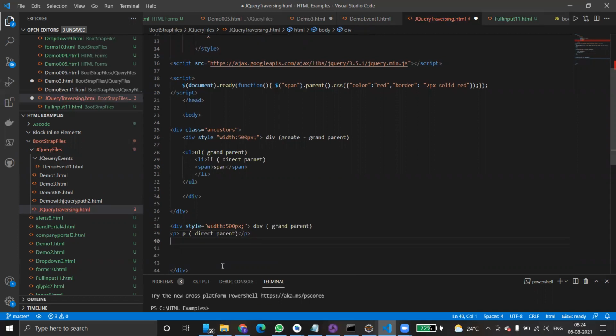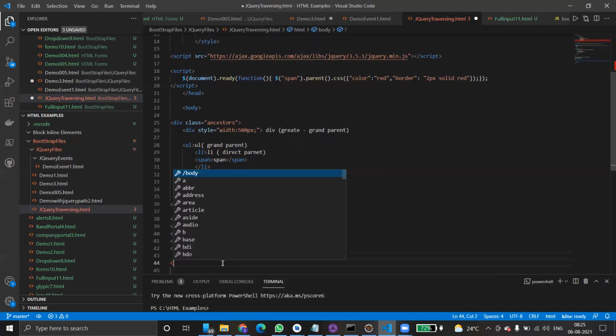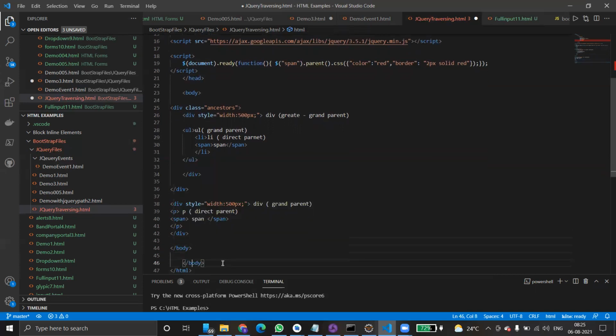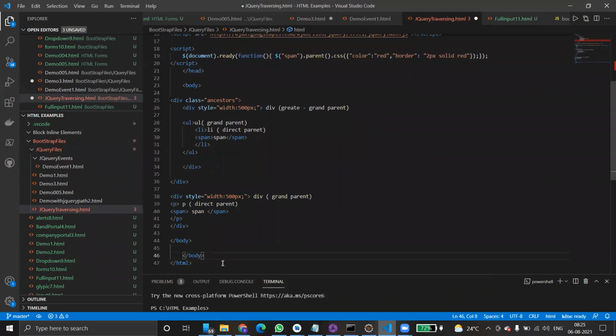And after that we have the span. That's all. So the page is closed. The division is also closed. And then I'm closing the body. Body is already closed.